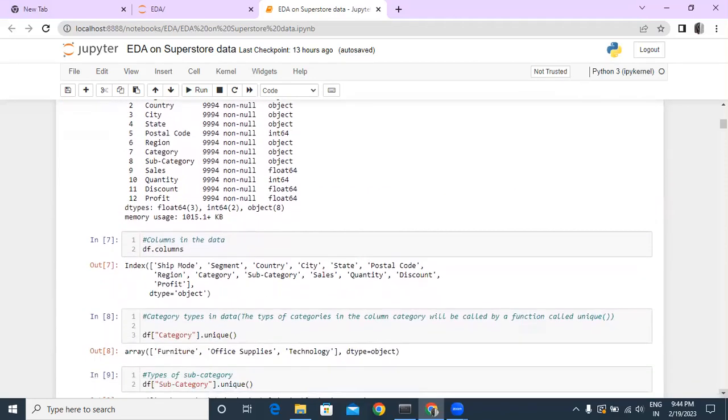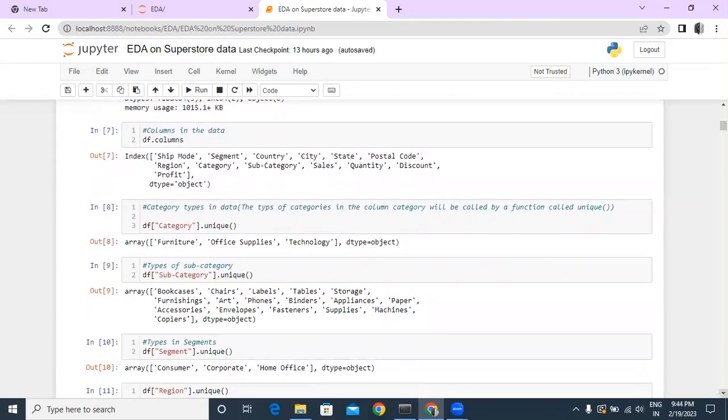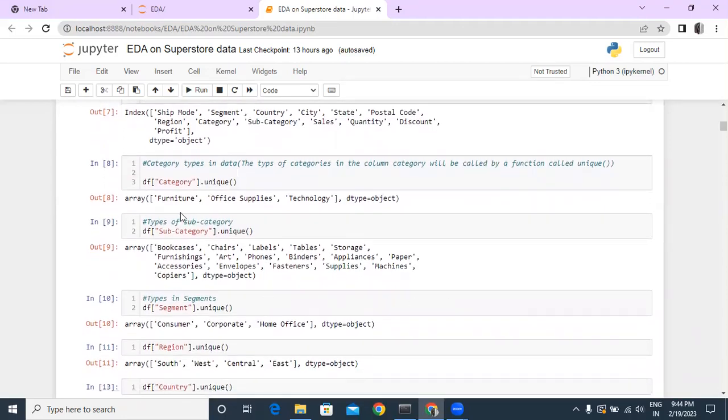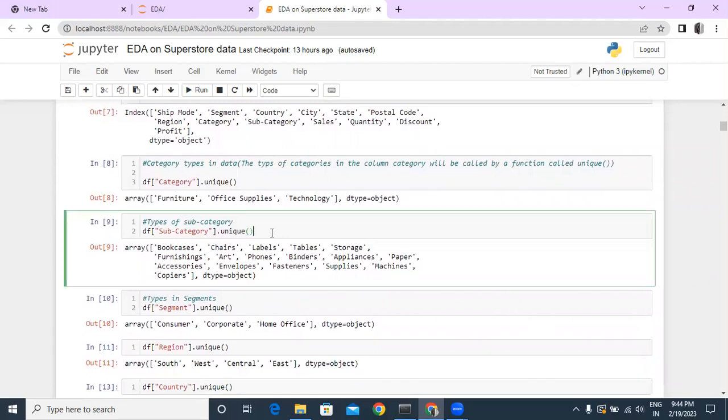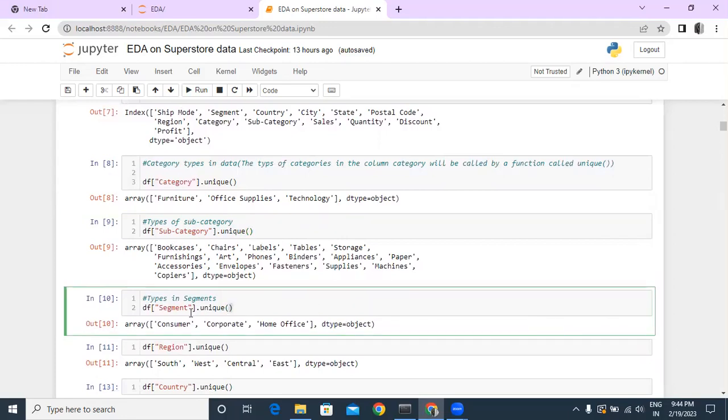So now we are moving on towards the columns in the data. First of all, we are checking what all the columns are. We have checked already, but with df.columns, df was the name of our data set. So we have got all the columns which we had. Now we are just checking the different unique values inside a particular column by using the function called unique. So for category, we can see we have 3 categories: furniture, office supplies, technology. Similarly, we are checking the subcategory column,